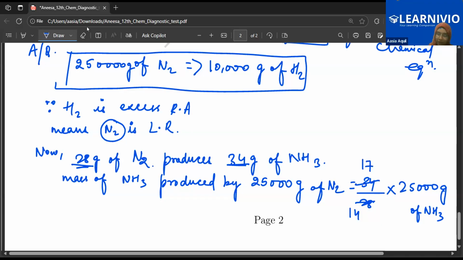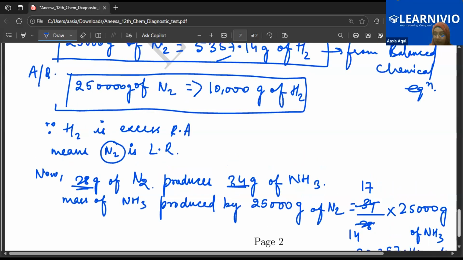See. Now, when you calculate this, the final answer will come as 30,357.14 gram of ammonia. Now see,